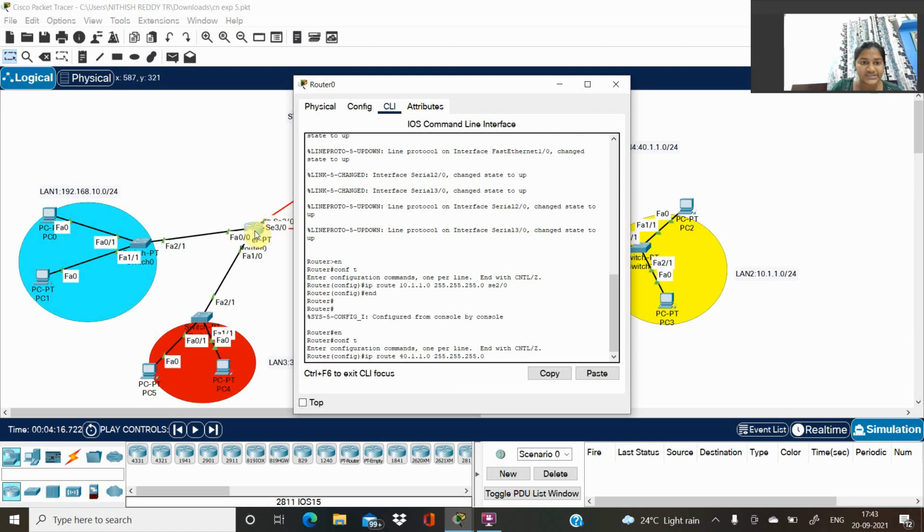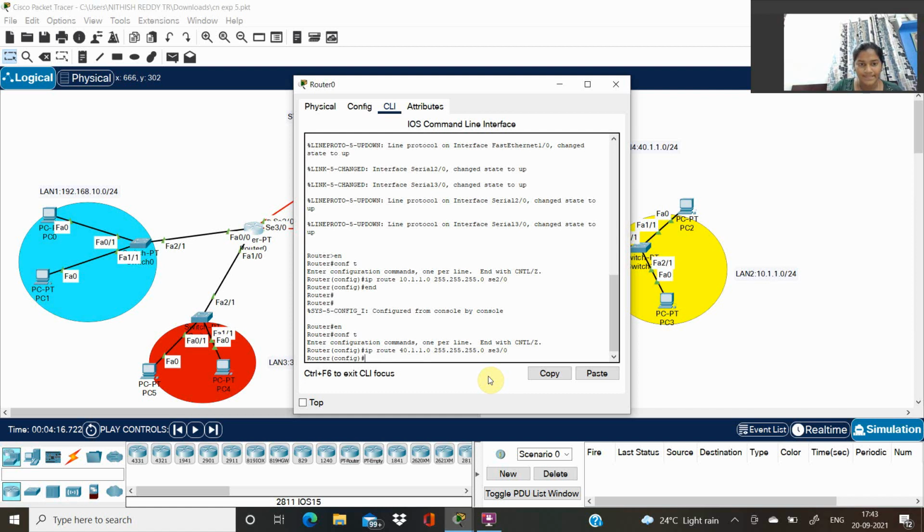These both are connected to the series S3, so we have to give series 3/0. Then we have to end this.